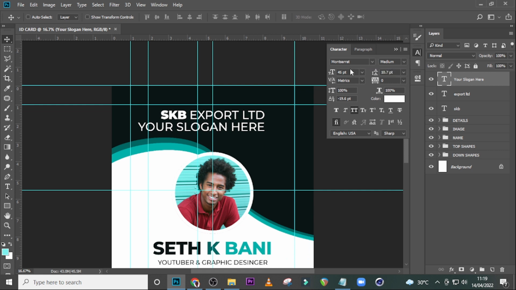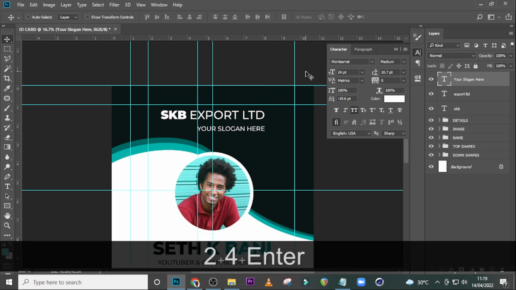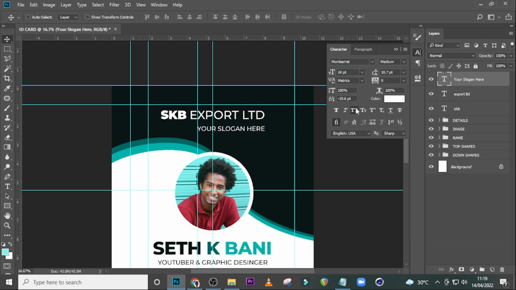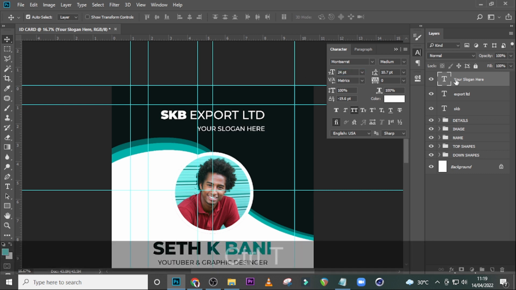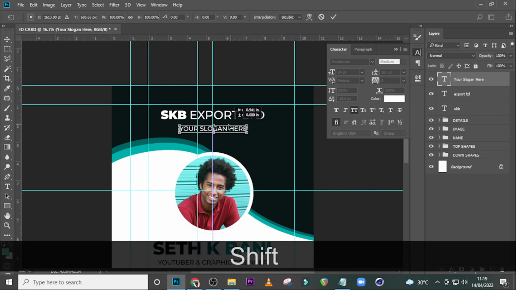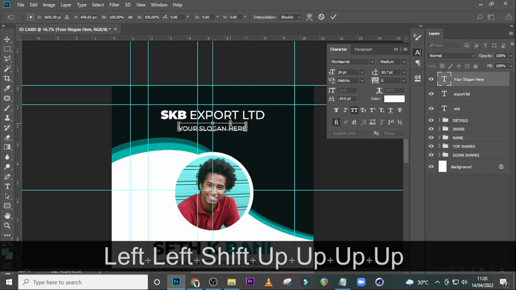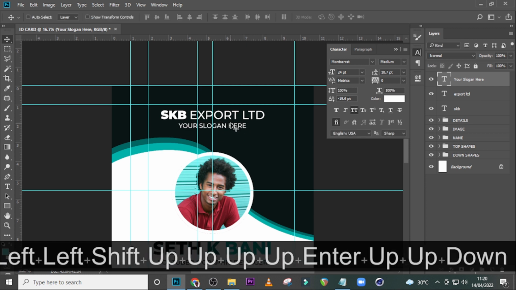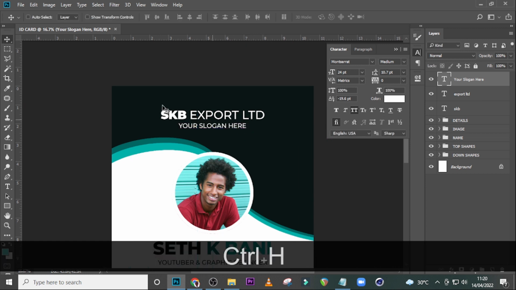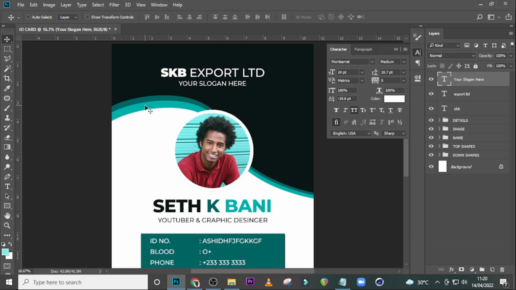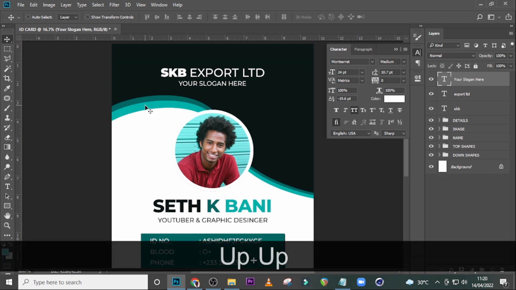You want to make sure the font size is 24. You want to make sure the tracking is 0, all caps white, and then also align it center aligned or middle aligned. Okay, let's see to come down some more. All right, so